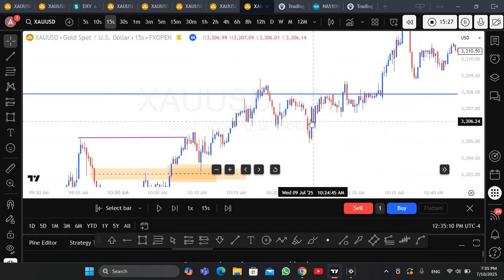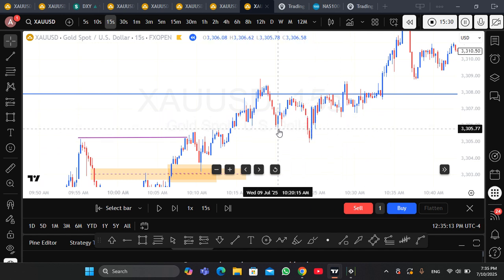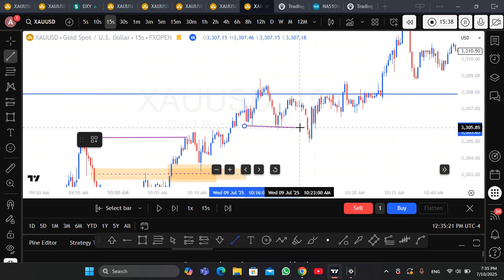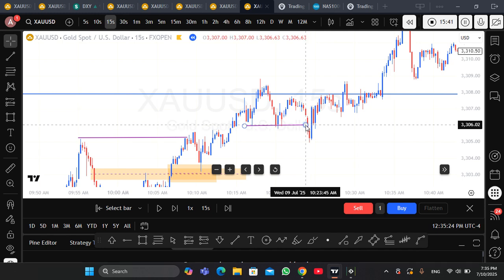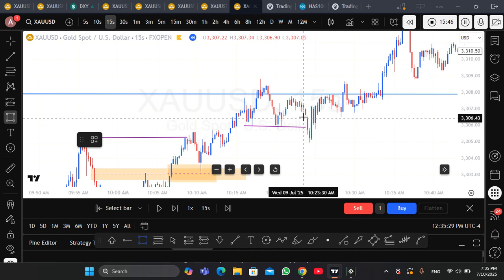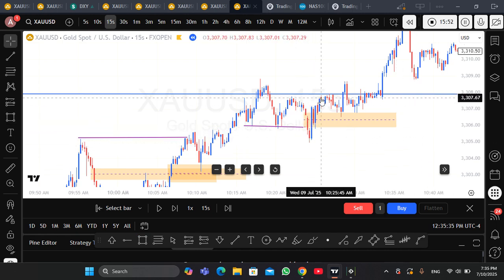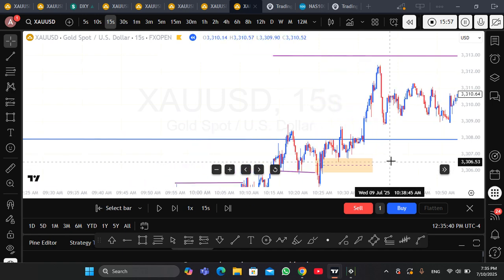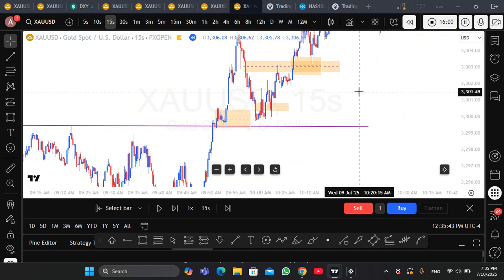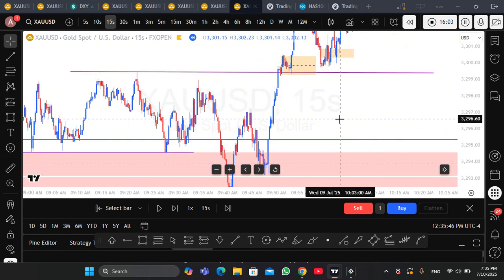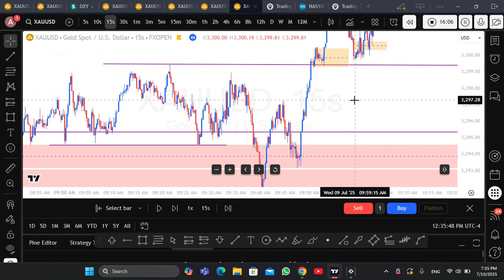You can see here, this is an inverted fair value gap sweeping the low. Sweeping this low because it is a double bottom. Sorry, it is a double bottom. Sweeping the low. Okay, and then the price makes an inverted fair value gap. This is an inverted fair value gap, sorry. And you can see the market makes a change in the state of delivery here, and then retests and then moves upward. Beautiful, very beautiful. These are opportunities to enter the market, very beautiful opportunities to enter the market.